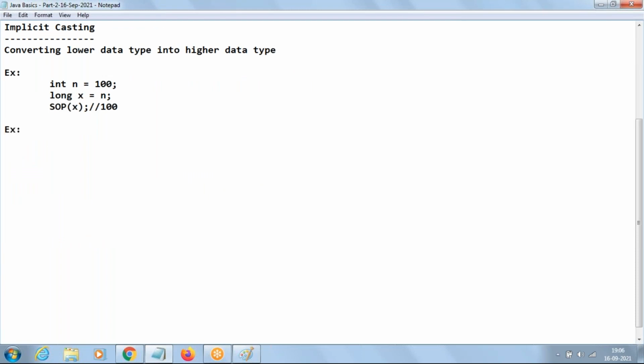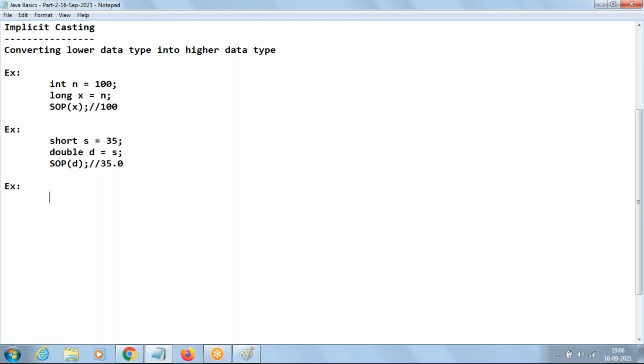If you take a short s equal to 35, and assign it to double, now if you print the value of d, it will be 35.0. It is going to add the decimal point dot 0. Since short is smaller than double, we can directly assign it.